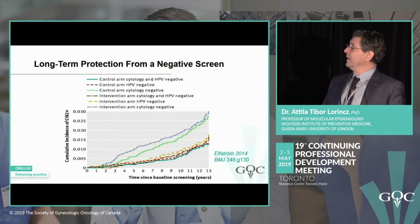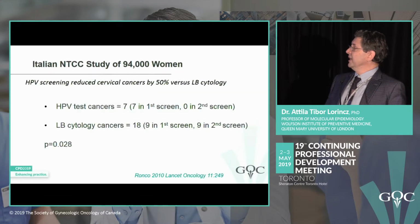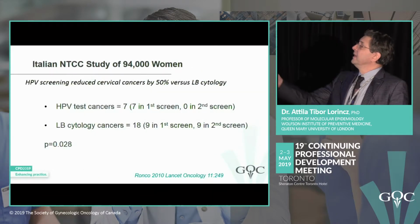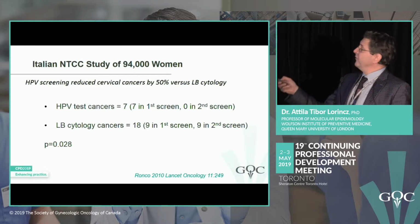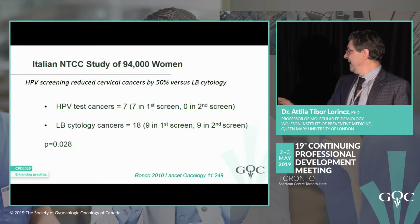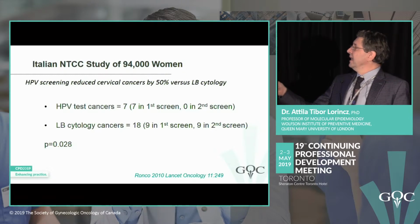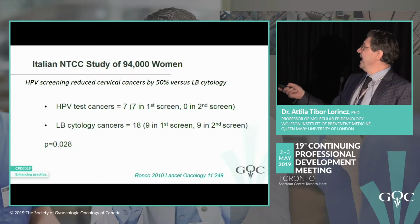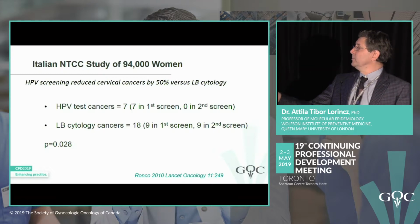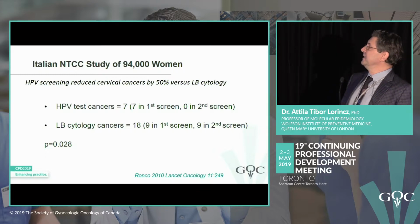It's reaching a very low level in the UK in many places, or perhaps because of changing perceptions. Now, if we look at one final point, HPV screening protects or reduces cervical cancers by 50% versus cytology. And this is Ronco et al. So HPV detected 7 cancers in the first screening round and 0 cancers in the second screening round, as compared to liquid-based cytology, which detected 9 in the first screening round and 9 in the second screening